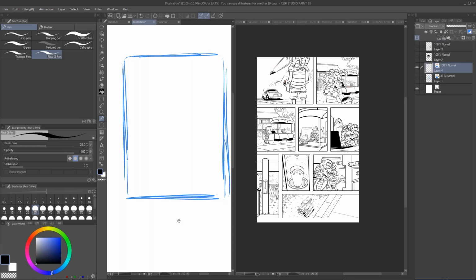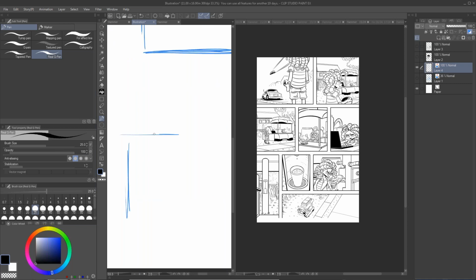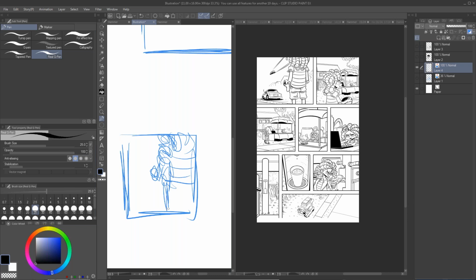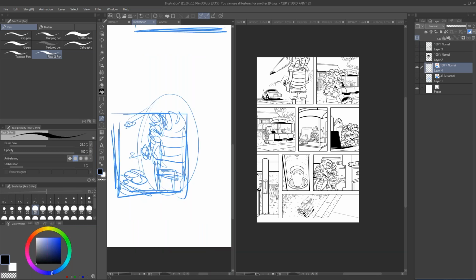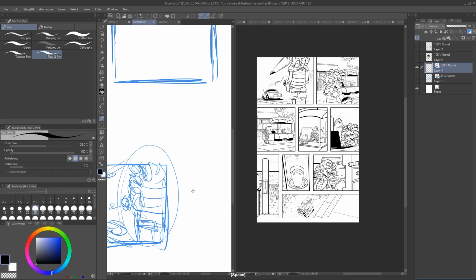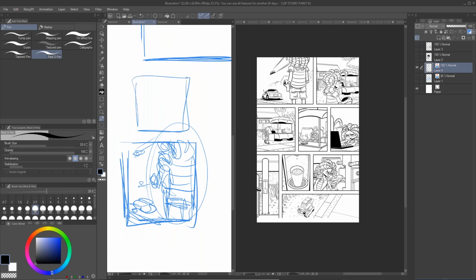So when I was doing this story in particular, I would actually just draw that panel. I would try to make it thematically look like it was supposed to look. So right here, for example, he's in the foreground and you see this car driving away. I wanted it to have this particular look to it, so I would redraw this over and over again until it looked this way. Because at first, it didn't look this way.